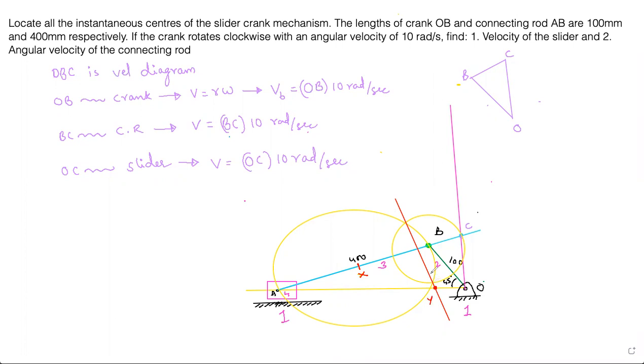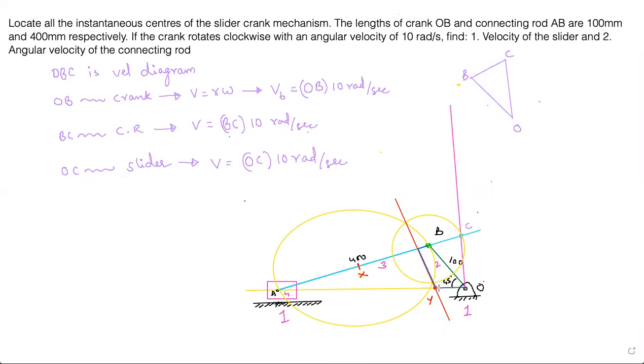Now you can see that the acceleration diagram is actually ready. Let's draw it with a different ink so that we can differentiate. This is the radial component of the connecting rod along AB. The small line towards the red is the tangential component of the same line. It means radial and tangential are done. If you connect these both, you will get the actual acceleration, right? Radial and tangential are components.